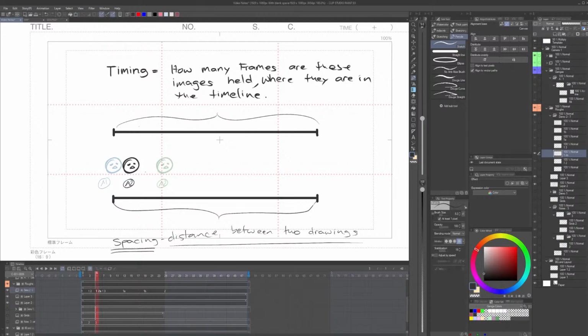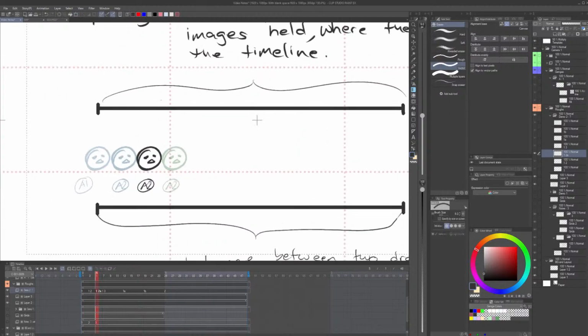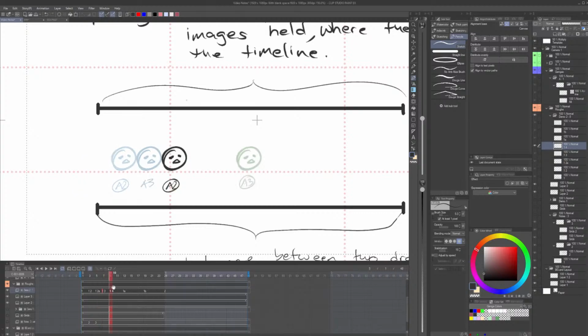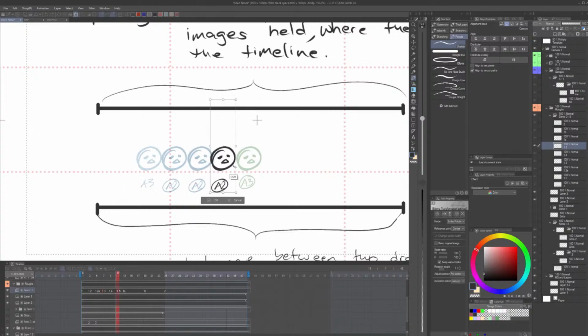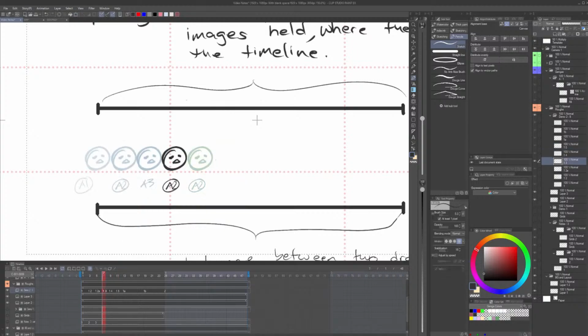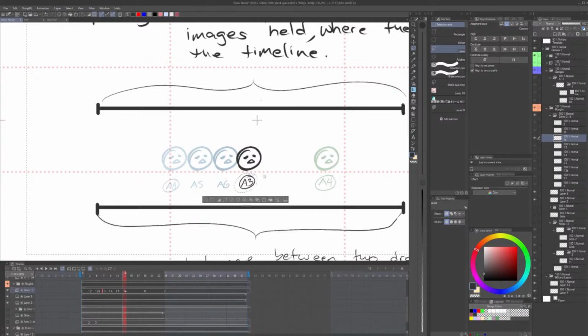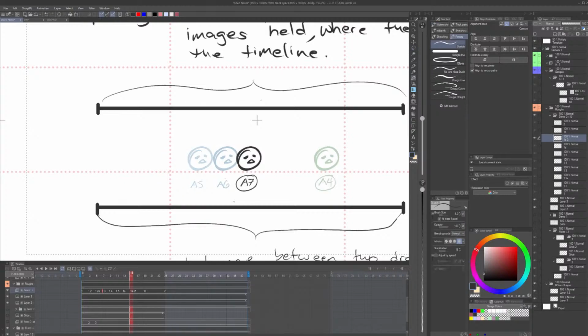So, to smoothen out the action, obviously this is going to be A3, we have this A4, A5, this becomes A6, right? And then this becomes A7, and then